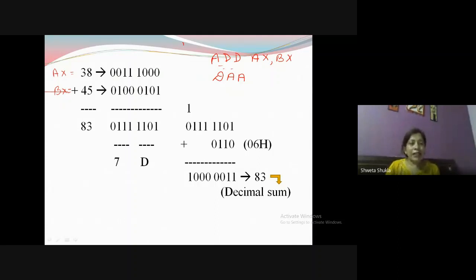After addition, if you do the decimal addition, the answer comes 83. Now here, when you add, you get the answer as, because you can check from here, 0 plus 1, 1, 0 plus 0, 0, 0 plus 1, 1, 1 plus 0, 1, 1 plus 0, 1, 1 plus 0, 1, 0 plus 1, 1, and 0 plus 0 is 0. So when you convert this into a hexadecimal number, it turns out to be 7D. Now after getting this answer, if in the instruction it is written DAA, that means you have to do the decimal adjust.